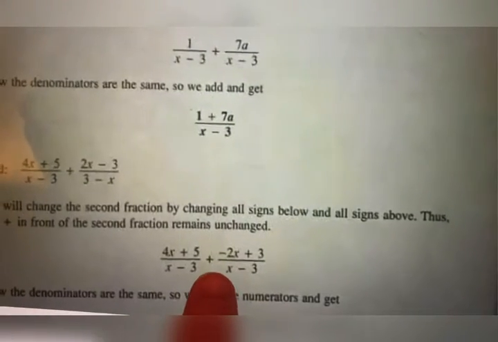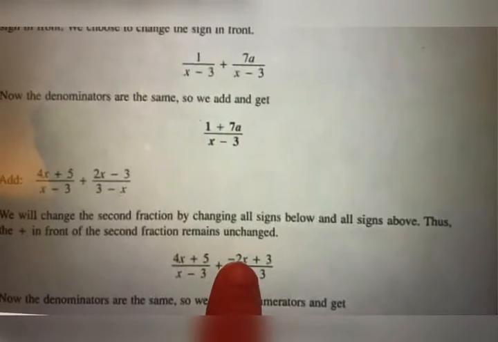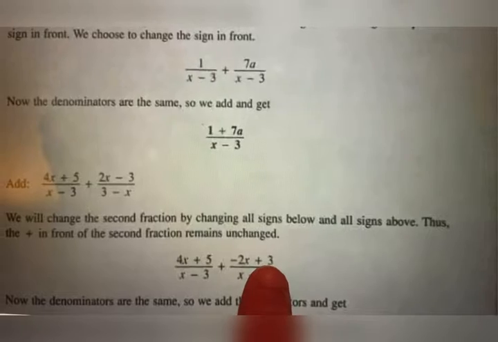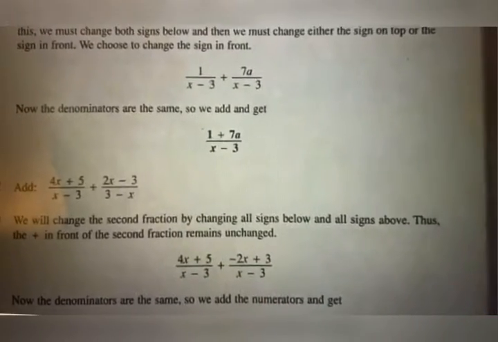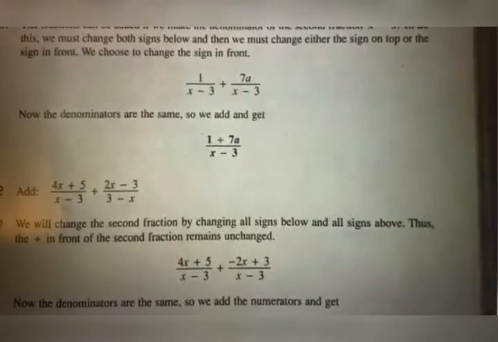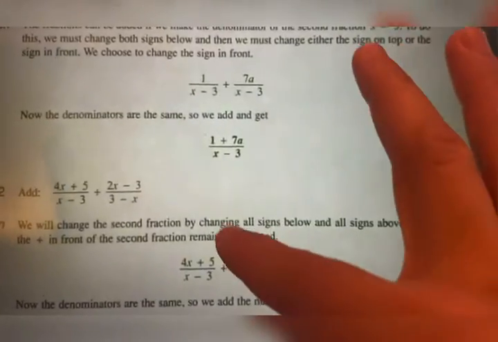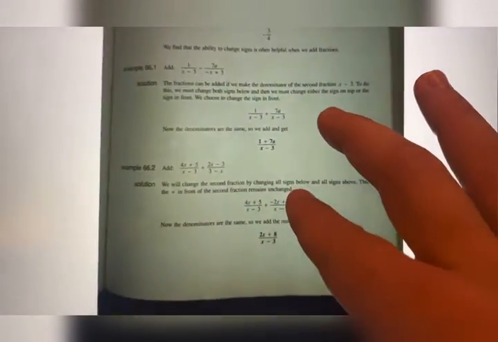Now, what they do is they distribute the negative. It'll be negative 2x and then positive 3 on the top. So you just change the signs. Then you just add it together. Now, look, you can be honest with me and say, Miss Jessica, I would really prefer that I see you do it. And I will. But I will do the practice one for you. Okay, now